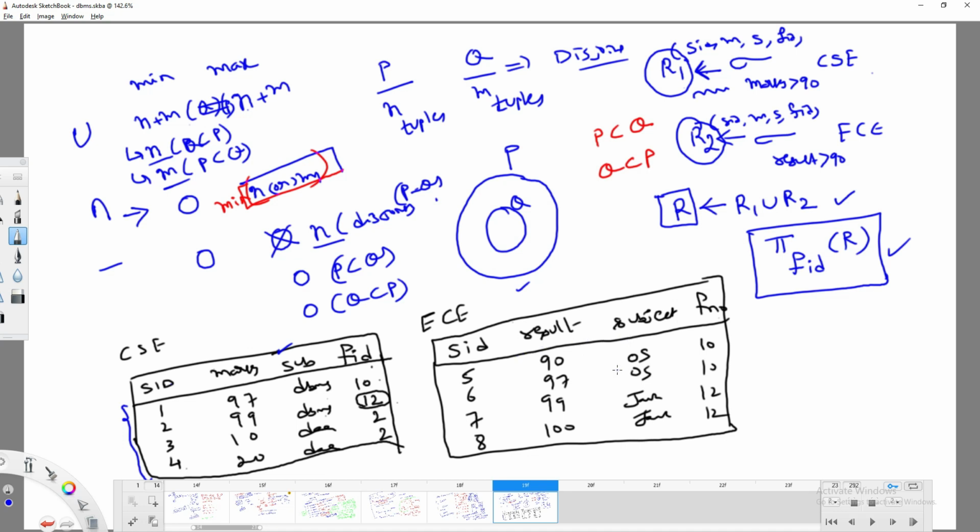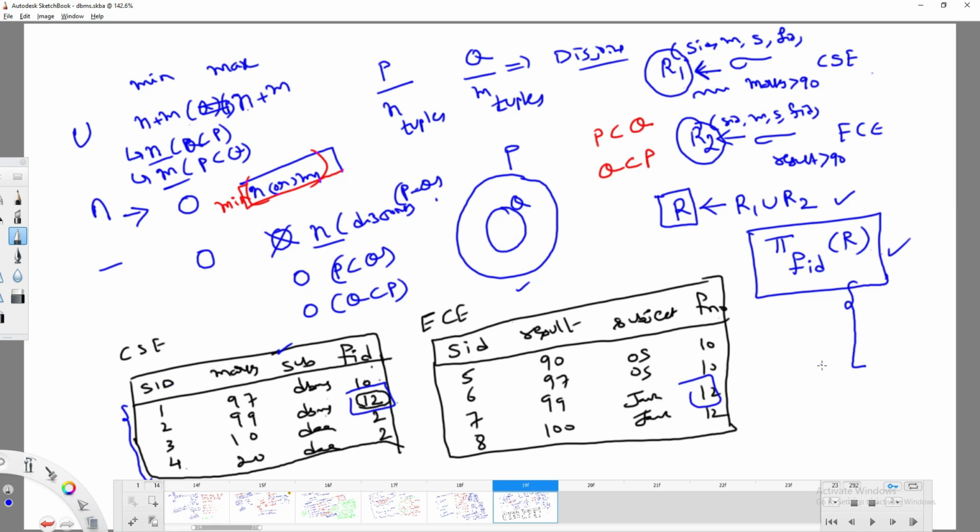I am trying to get all the faculty who were involved in getting more than 90 marks from both CSC as well as ECE. But I want the faculty whose students got more than 90 marks in both departments. Now, what is the answer for this? Only 12. How are we going to get only 12? Then you have to apply the concept of R1 intersection R2.